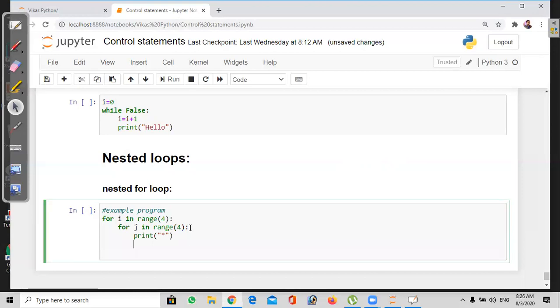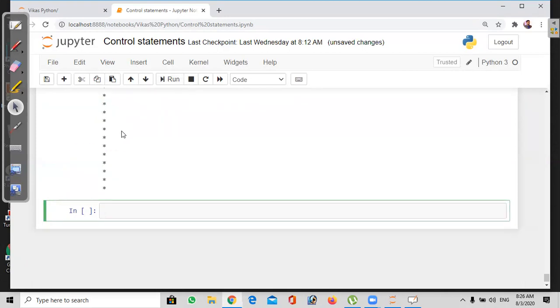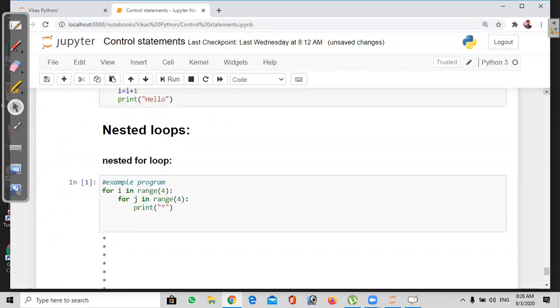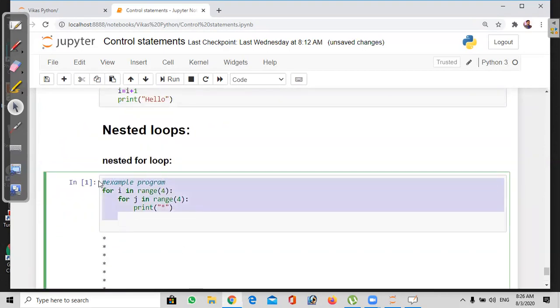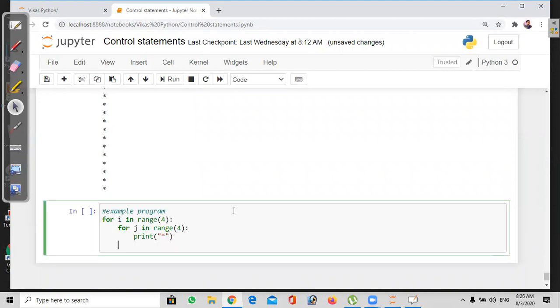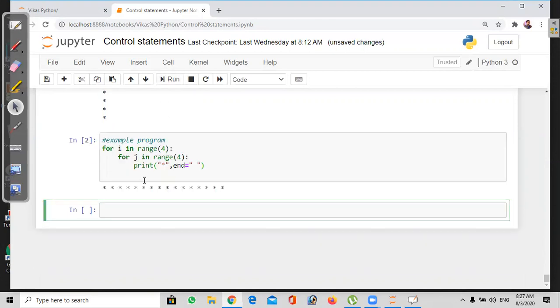Without giving the space, let me show that. After printing each row, I am expecting rows and columns, but how is it printing? It's printing line wise. So how do we get it row wise? I'm copying it for a modification. I'm giving end equal to double quotes with a space. Even if I run this one, it will give horizontal output. See how we got the data horizontally. Previously we got it vertically. Now we have given end equal to space, that's why we got it row wise.